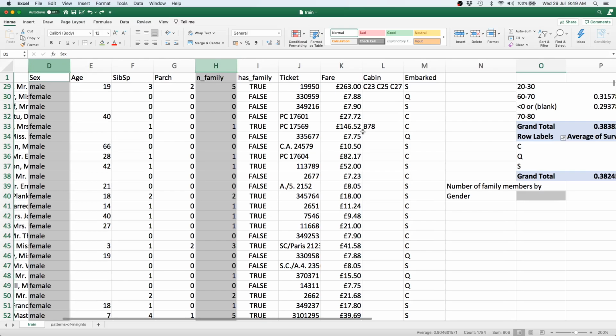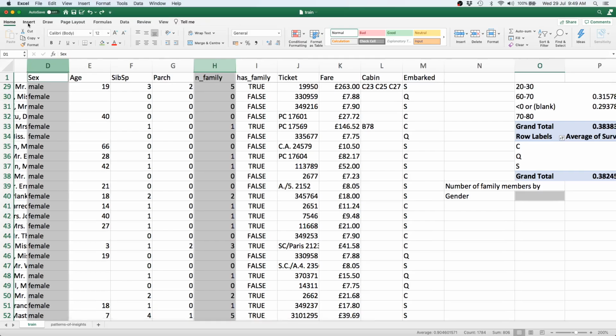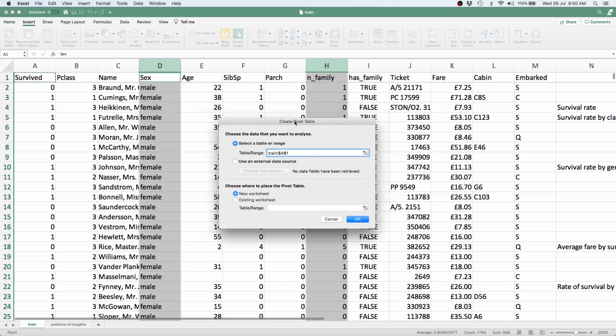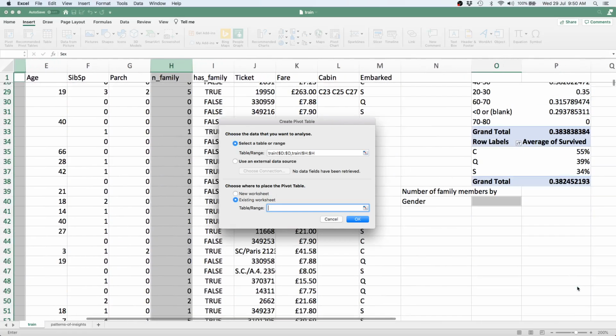So let's undo this and see if we can create this particular table, and we also had basically the gender column. So then again we click on insert and we click on pivot table. So there it is. It has not picked up the correct one, but we can add it over here. We can say that we want to pick up the range from D and we want to pick up the H. So there it is. We only want it to pick up these two values, and that's good enough for us. And we want to add the result in an existing worksheet, which is this one, over all the way over here. So let's click on OK.